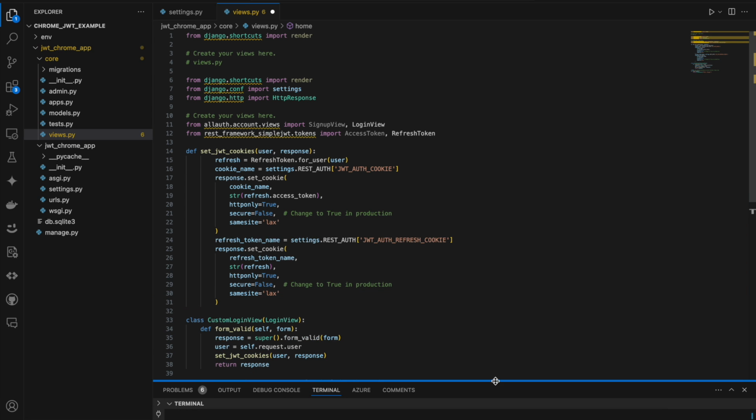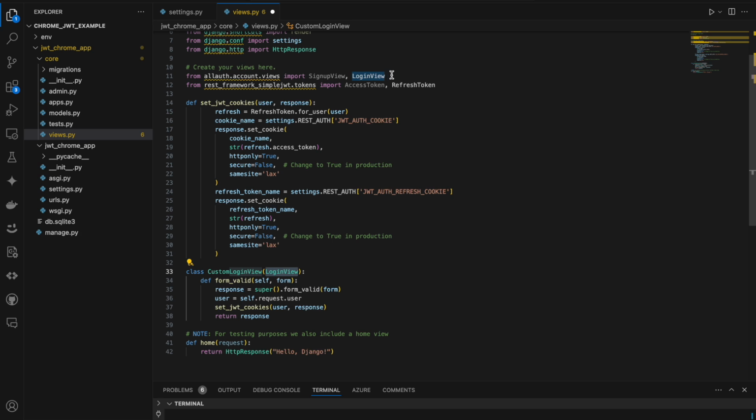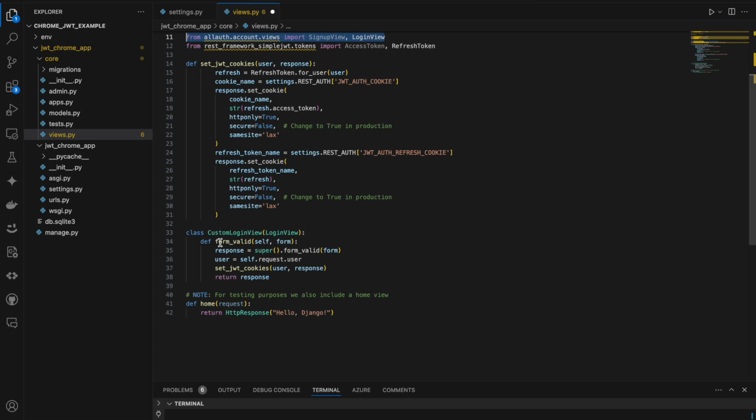What's happening here is we're overriding the login view from allauth. Once this form_valid function is called in the login view, it will be overridden to use ours that we created here. The only update we're making to it is we're calling this set JWT cookies function,